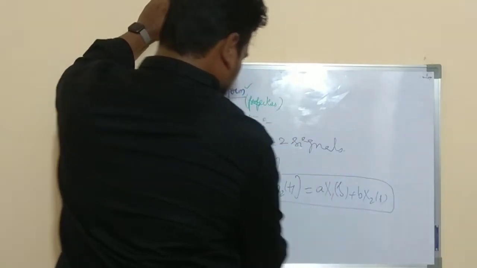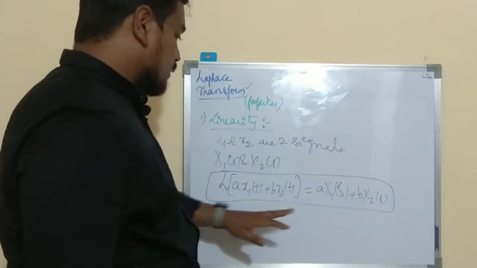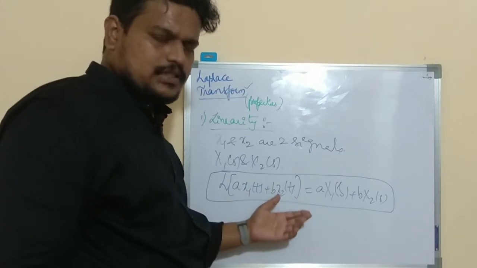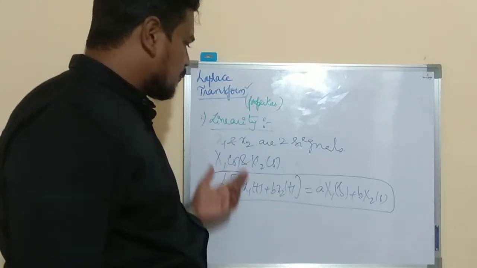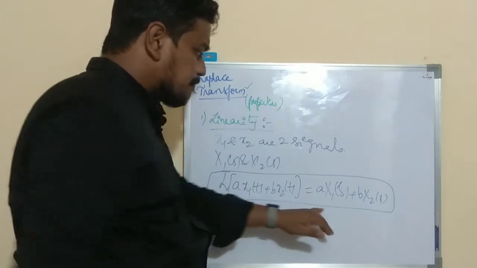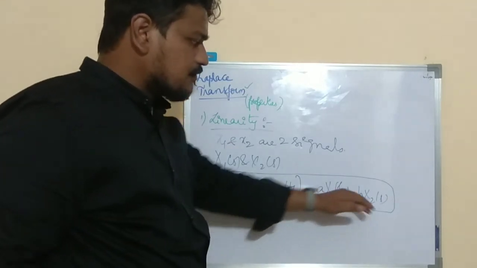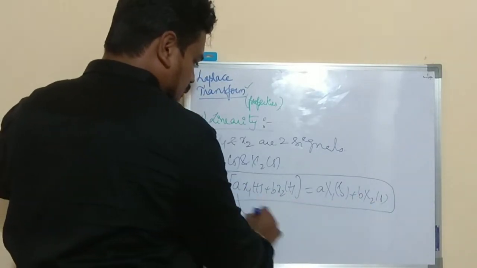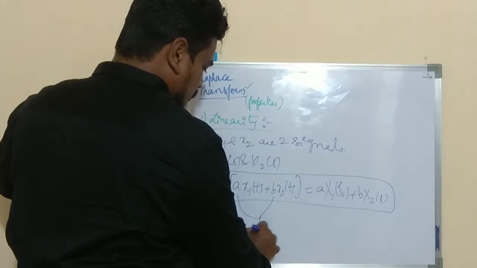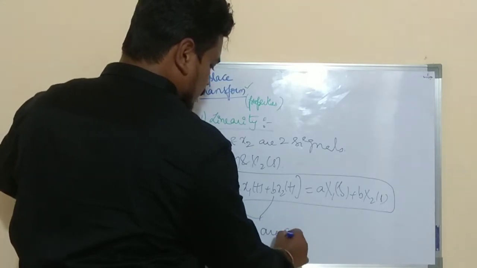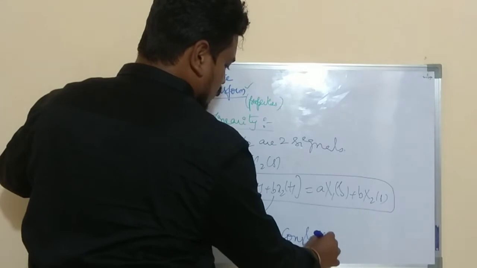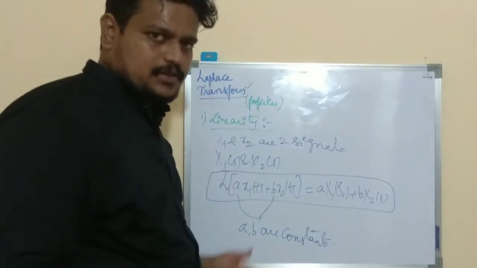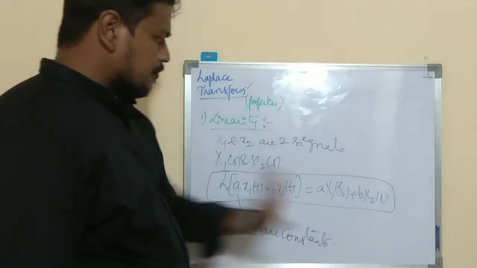So this is the linearity property. When you have not only two signals but three or more signals also, you can use this linearity property. Here you will have an addition of the Laplace transformed versions. Here a and b are constants. This comes as a clubbed version with any of the other properties. So this is the linearity property.